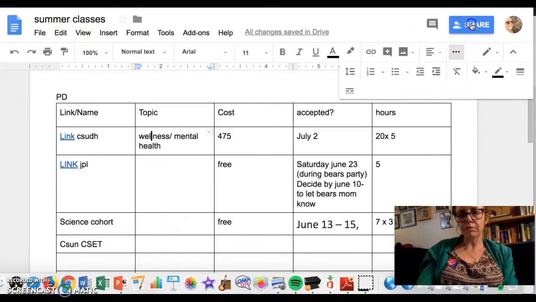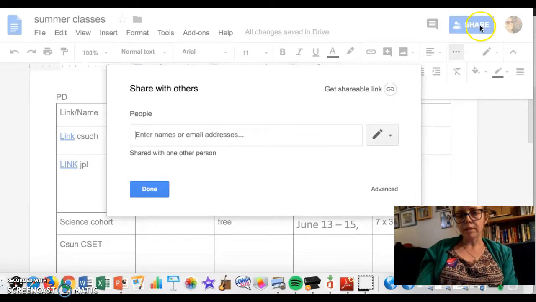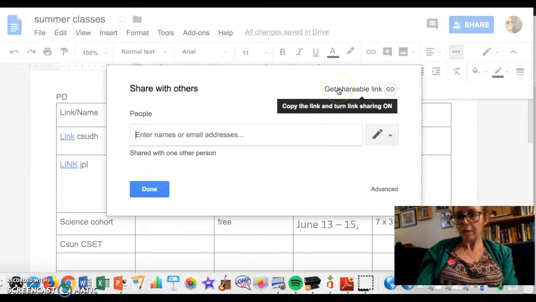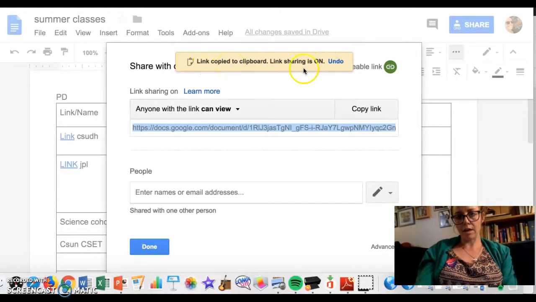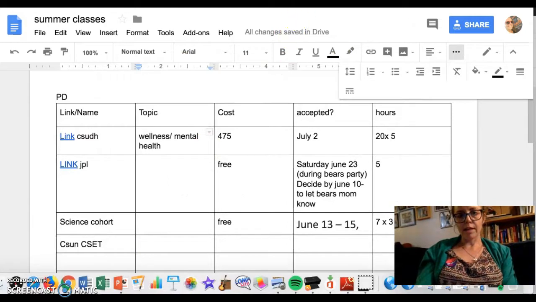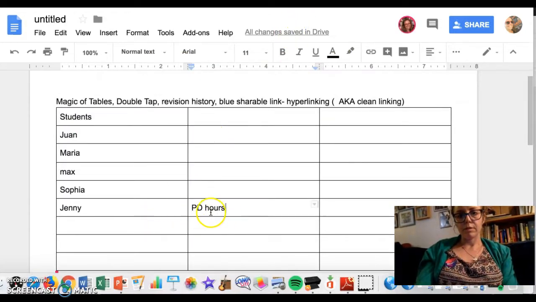So I go to the blue button that says share, and I go to get shareable link, and I usually share in the can view options. I have gotten the copied link onto my clipboard and press done,